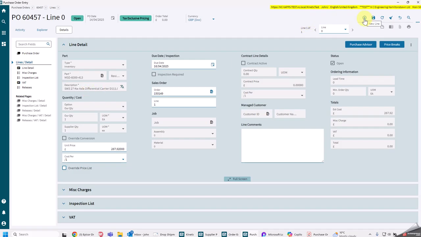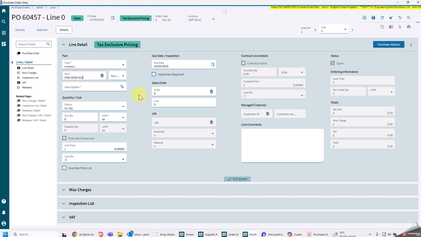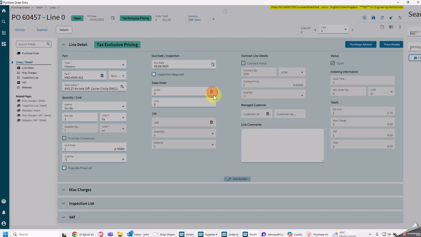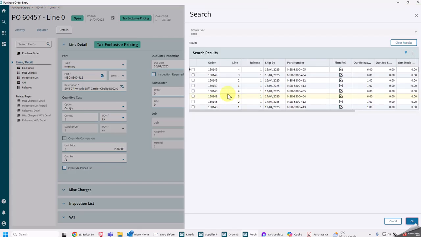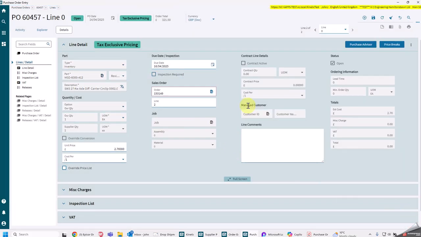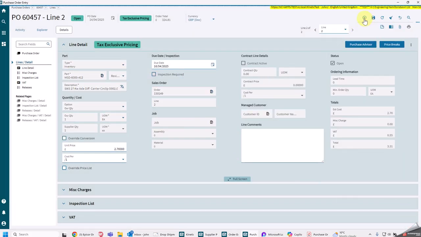Then we're going to add a new line, and it's 412. It was for 1 off, and we're going to tie it against sales order 149 line 2. You'll see that, hit that, save, new line,